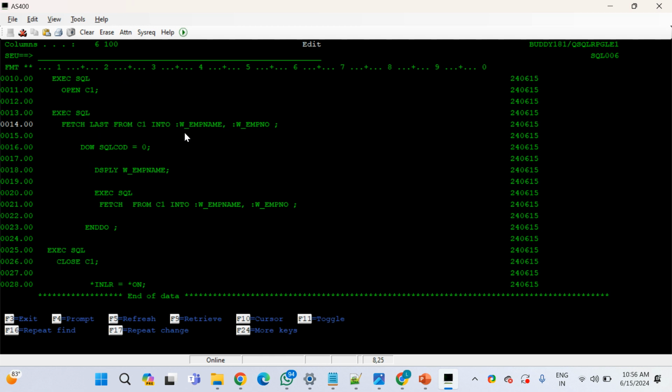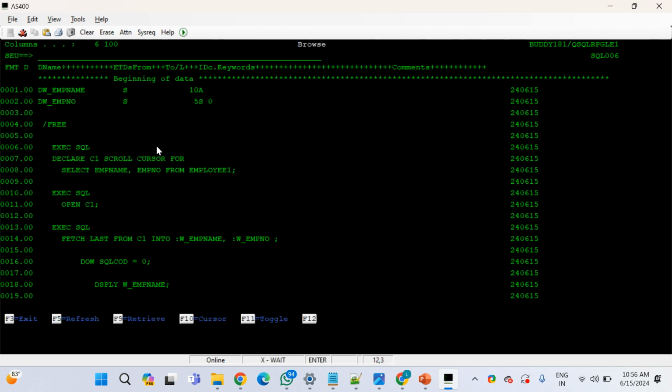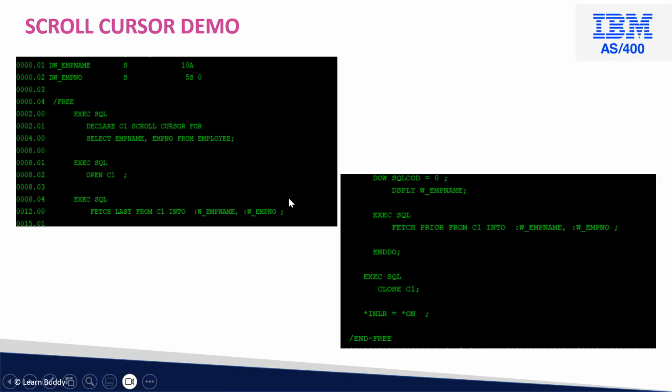Okay, last from, and read it. And so after reading the last record, you have to read the record before the last record, and before that record, and before that record. Okay, so then here I have to mention the period. Insert period. I think that's one. So then what it does is read the records from bottom to top. Okay, just file it, compile it and call the program. First you got Arjun, then you got Ramu. Okay, and this is a scroll cursor, and that is a standard cursor. Okay, so this is all for